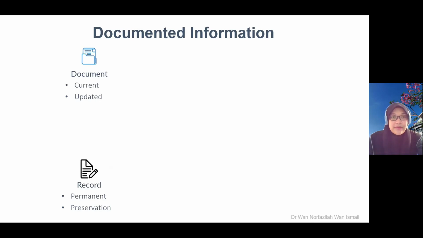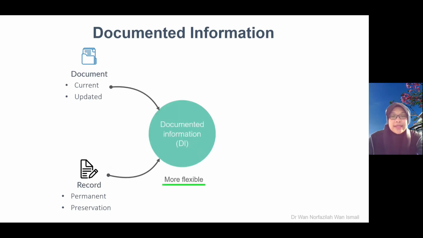Okay. So next term, the final term is documented information. The previous version of ISO 9001 didn't call it documented information. They called it documents and records. If it is a document, it needs to be current and updated. For example, in our lab,